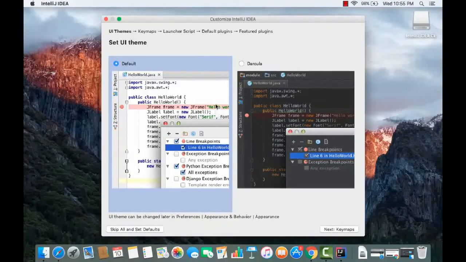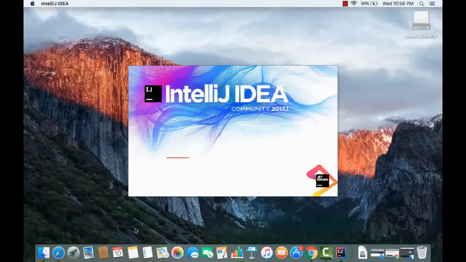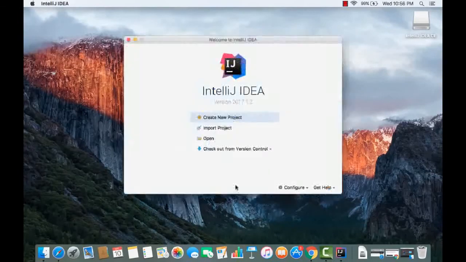And now this IntelliJ IDEA customization window will start, right? So here you can choose what theme you want, default or Darcula. I just want the normal default theme, but you can choose whatever you want. For now, I'm going to click this button which says skip all and set defaults, because I want everything as default. And now it's going to start IntelliJ IDEA, and you will be able to see this kind of window when